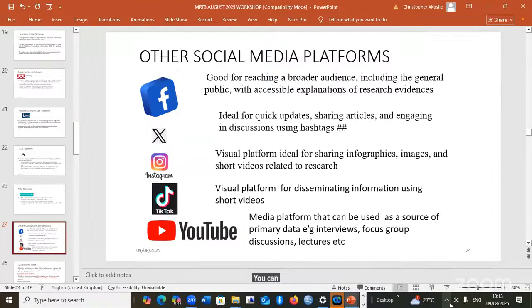You can summarize your findings, your work, in a more convivial manner, in a way that is easy to read, short, brief, and then share them on platforms like Facebook, which is good for reaching a broader audience.